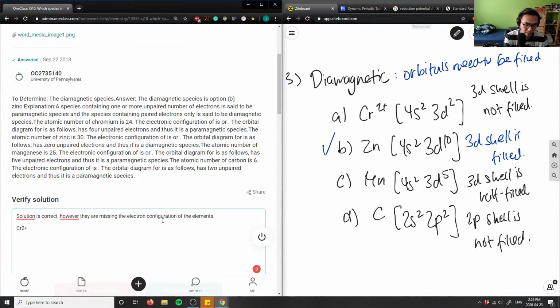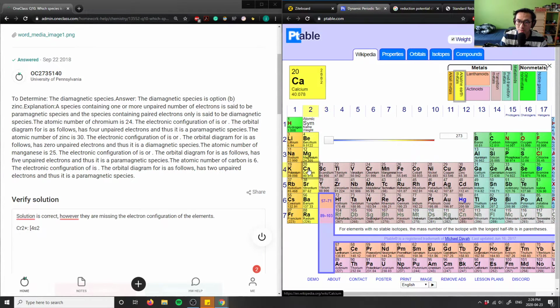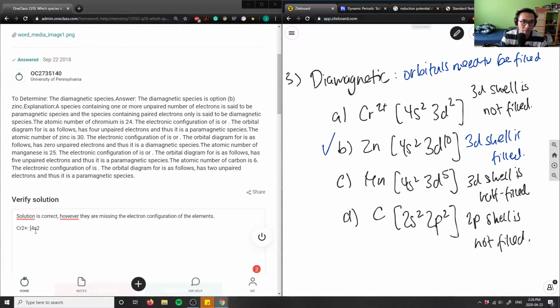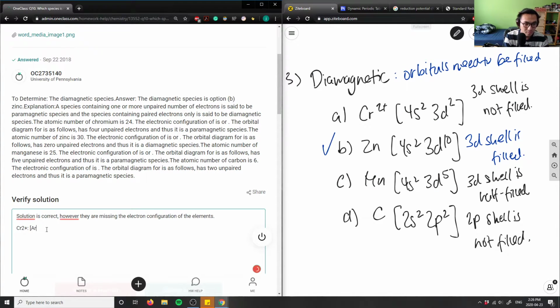I'm going to use the shorthand here. So it's argon first, and then it's 4s2. Argon is this, and it's 4s2, and then 3d2. So therefore,